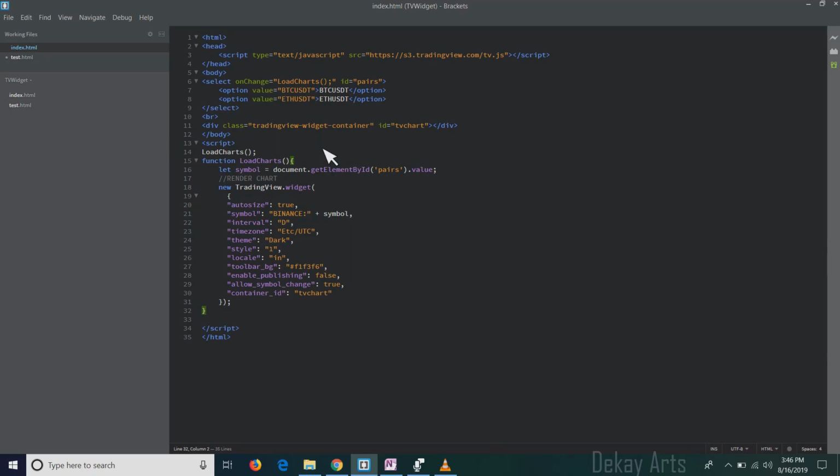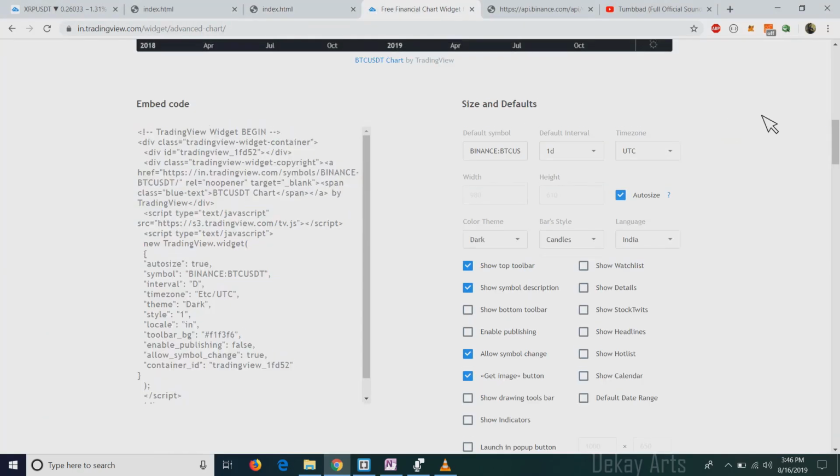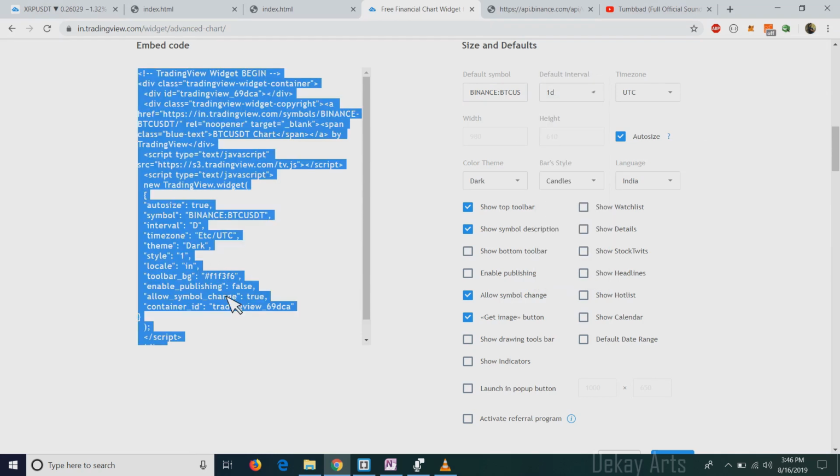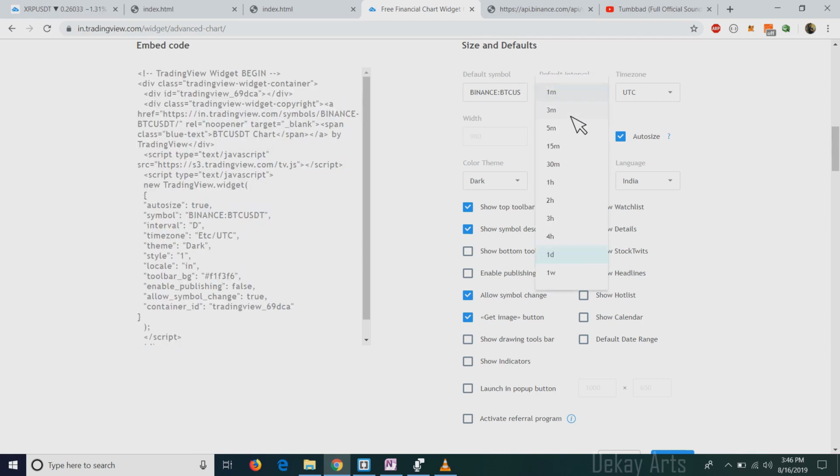It's really that simple. Now let's look at some customizations this TradingView widget offers. So first, what you can do is you can pass the symbol. This is obvious, right? We have to be able to pass the symbol, and then we can change the time frame as well. So notice this part of the code, from auto size to container ID. Whenever I change something, it gets updated here. So here you can see interval is D, right? So if I change this to 5 minutes, it changes to 5. So this is how we are specifying in which time frame we have to open the chart.